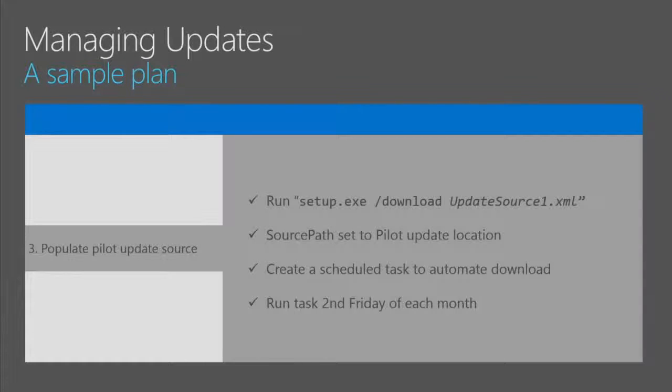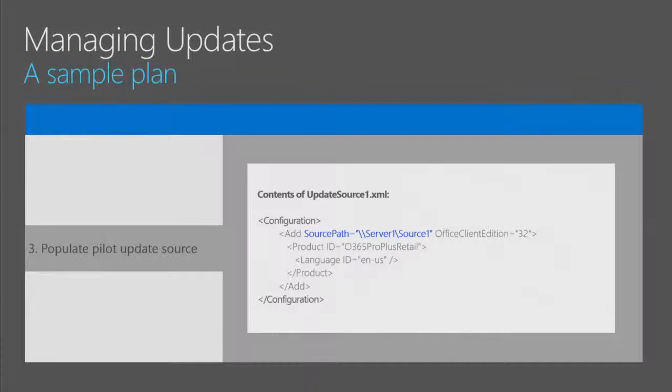All right, step 3. Now you populate your pilot update source. And there's a couple ways to do that. The automated way is you can run the Office deployment tool, setup/download, and then use an XML file that has a source path attribute that says, I'm going to download the stuff into that location. Now, the neat thing is you can set